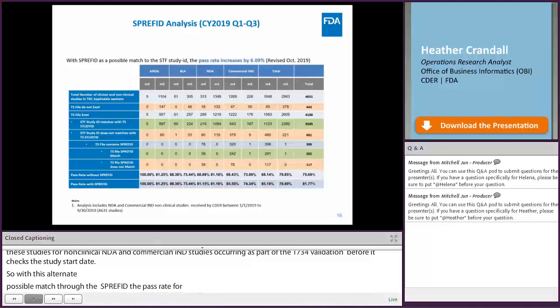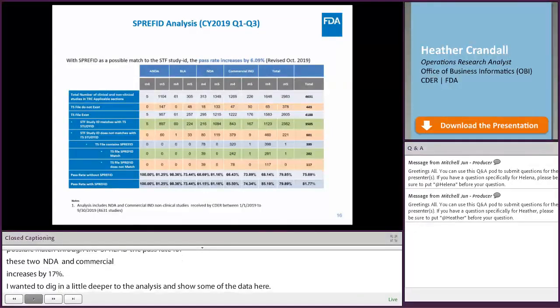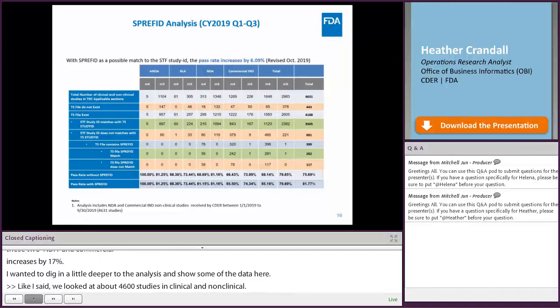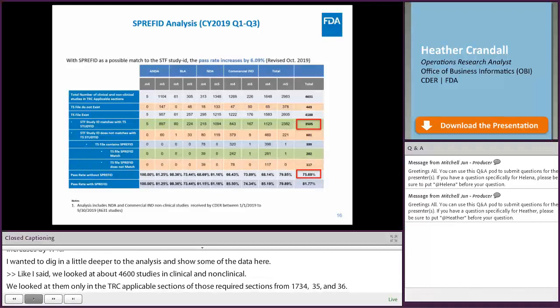So I wanted to dig in a little deeper to the analysis and show some of the data here. So like I said, we looked at about 4,600 studies in clinical and non-clinical, and we looked at them only in the TRC applicable sections, so those required sections from 1734, 35, and 36. And when we only looked at the match between the TS study ID and the STF study ID, across all of those application types of ANDA, BLA, NDA, and commercial IND, there was a pass rate of about